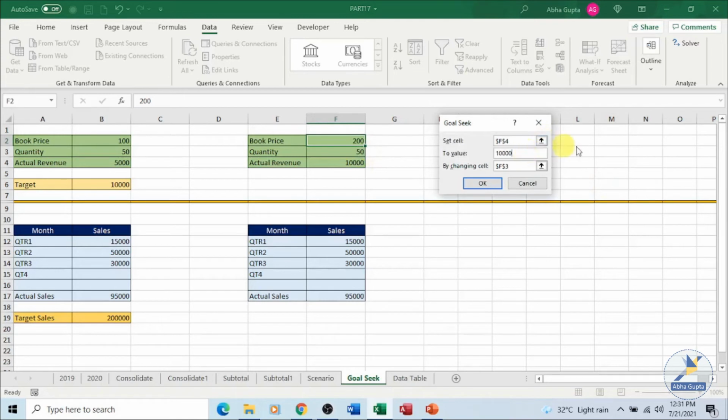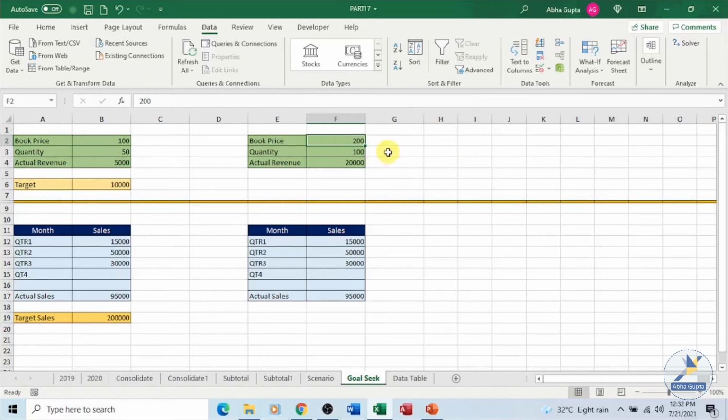Let's set it to 10,000 this time and click on OK. So it is showing you, click on OK over here. It is showing you, given the book price, you have to change the quantity to 100 to achieve this target.